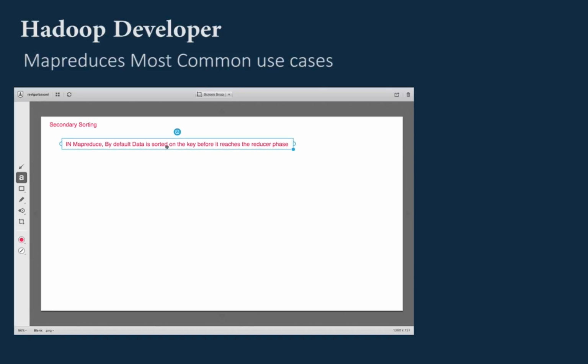So before the data reaches the reducer phase, the data is sorted based on the key. And we've already seen that. So just to reiterate,